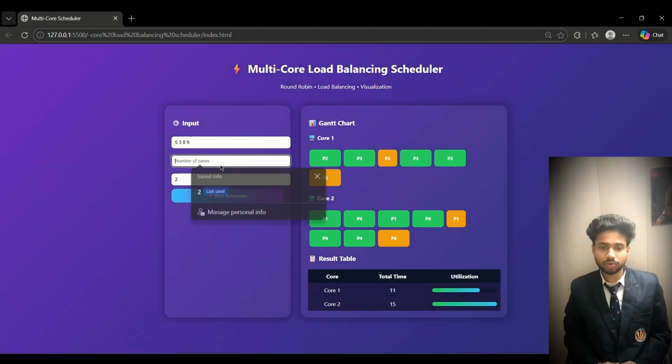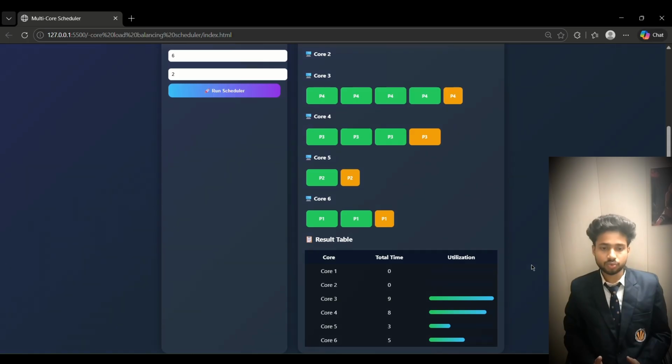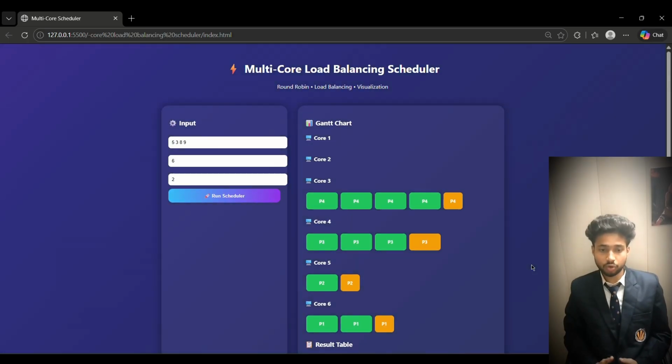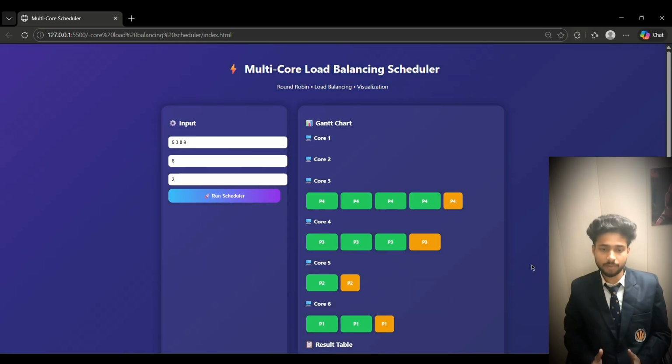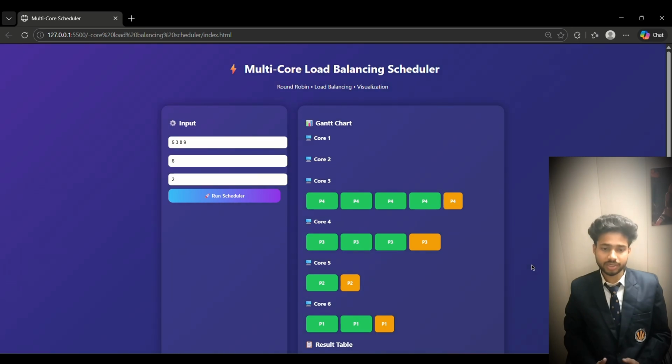In conclusion, our multi-core load balancing scheduler demonstrates how multiple CPU cores can be managed intelligently. It prevents any single core from being overloaded, reduces idle time across cores, and improves both throughput and responsiveness. The visual output, especially the Gantt chart and utilization bar, makes it easy for users to understand complex scheduling concepts in an intuitive way. The project serves as a valuable educational tool for students learning operating systems while also demonstrating real-world